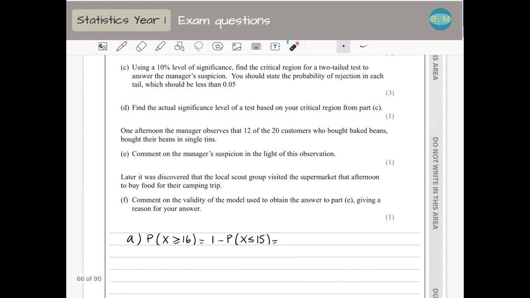I would recommend that when you find this value with the calculator, you put it in the memory and then do 1 minus the actual value so you don't lose decimals, and then you round to 4 decimal places here, so 0.0509. And this is the first part. Then they say,